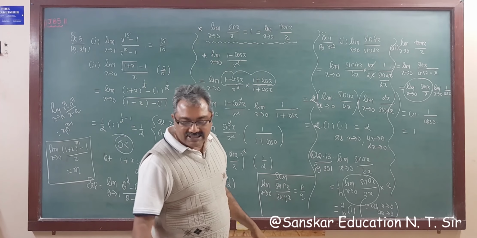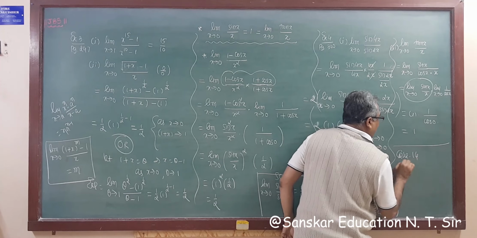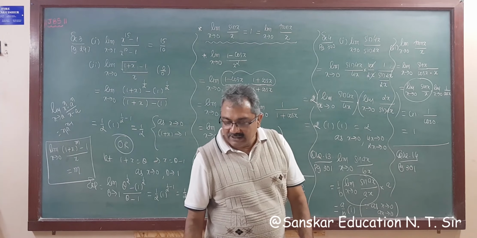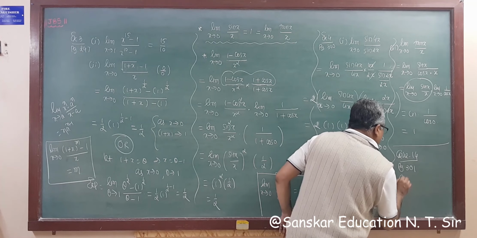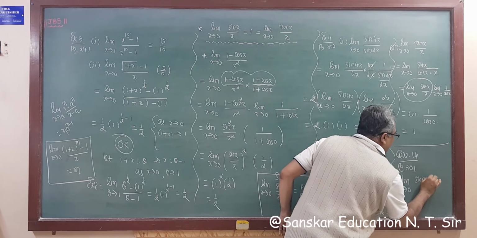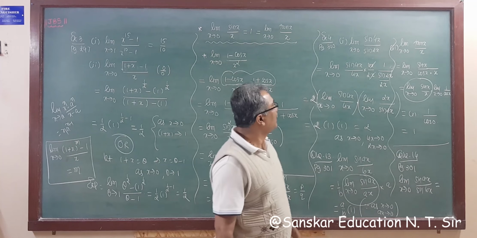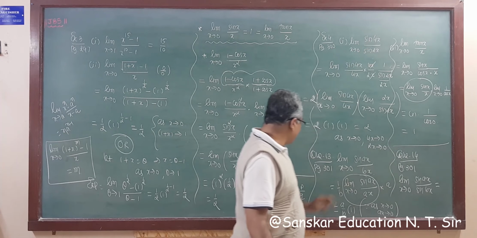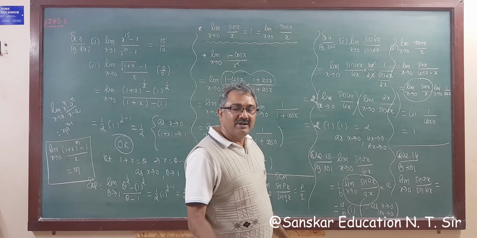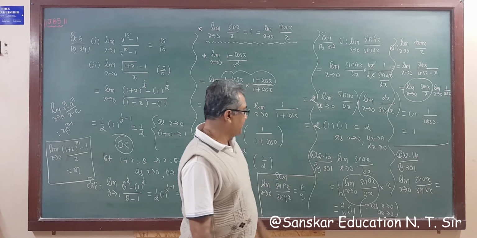Right? A similar question is question number 14 also. Question number 14, page 301. It is given, limit x tends to 0, sin ax upon sin bx. So what is the answer? If it is m upon n, or p upon q, then the answer is p upon q. So what is your answer? a by b, which you have to solve by writing all the steps like this. Okay, got it?